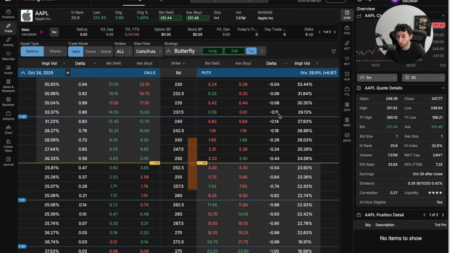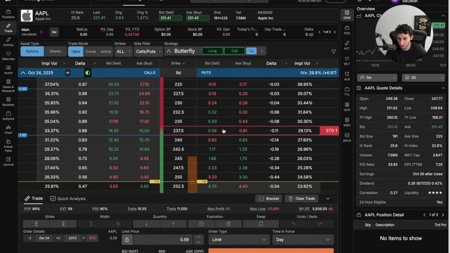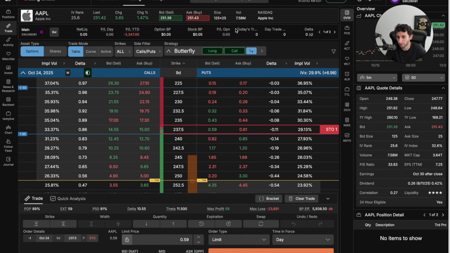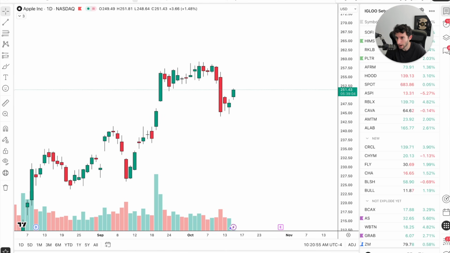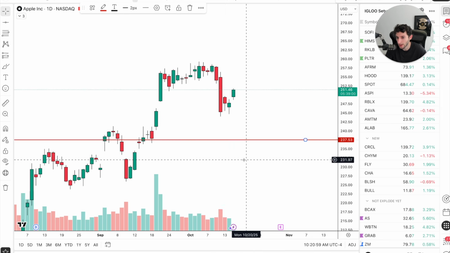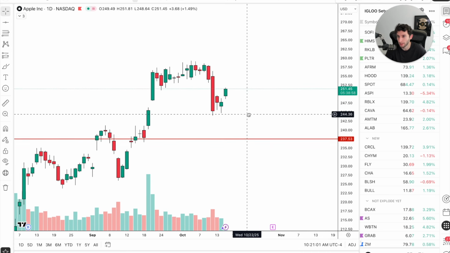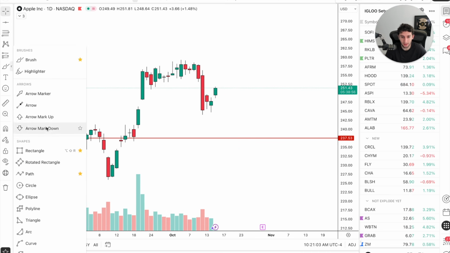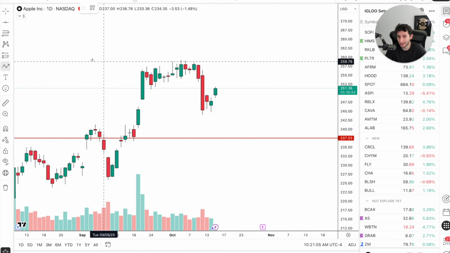Or 11% chance that you do get assigned, or price ends up in the money. And so right now I can sell one for about $59, okay? And if I look at this, this is the 237.5 strike price. So if I go ahead and draw a line at 237.5, that's all the way down here. And basically what this means is that as long as price in the next 9 days,